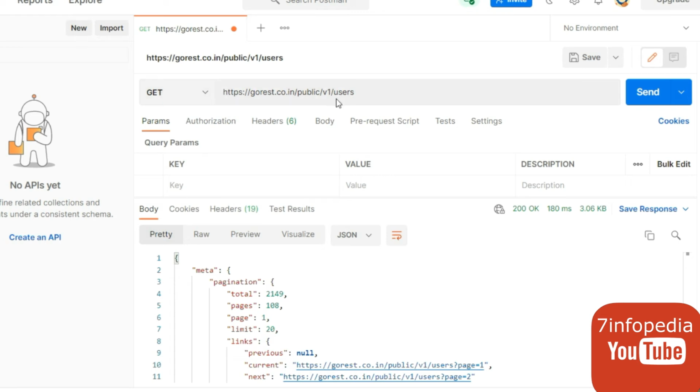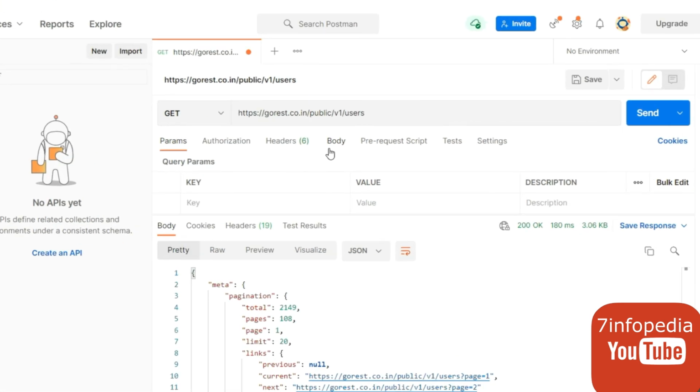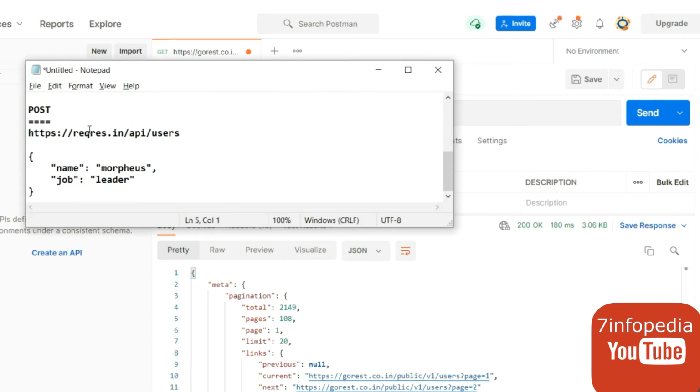Now the other method: some APIs also have the POST type. So let's begin with the POST one. Now I'm going to show you how to test a POST API. For that I have another example. I have one POST request API just for testing, and this is the URL. For this API we have to provide the request data in the body, and the body data is of JSON type. So we'll send this JSON data in this POST API.